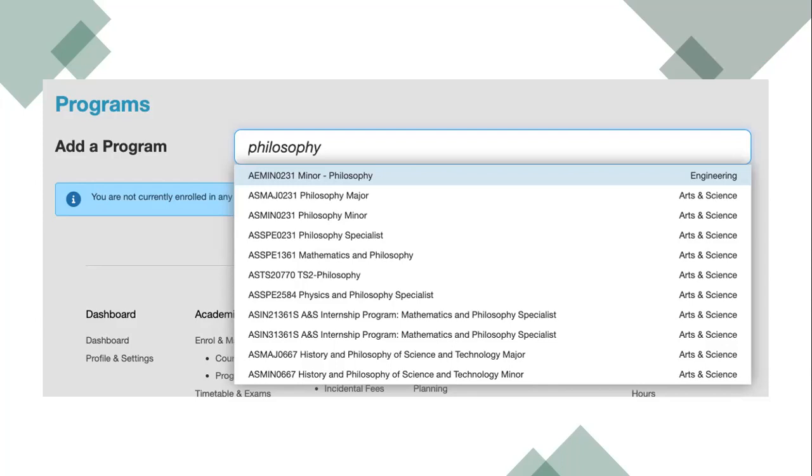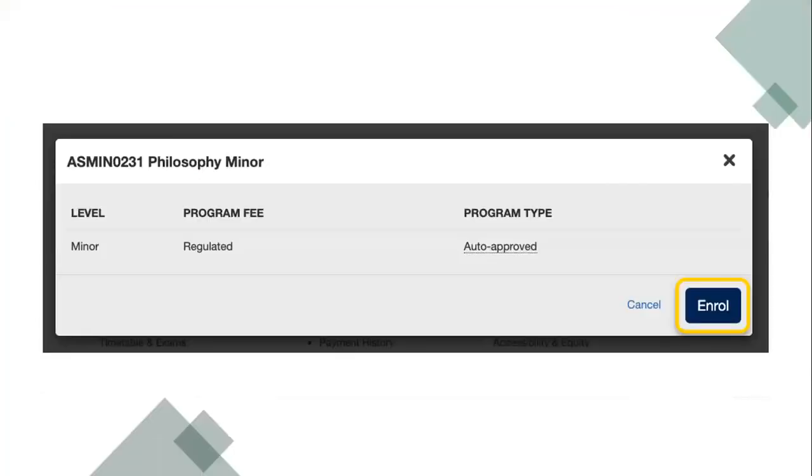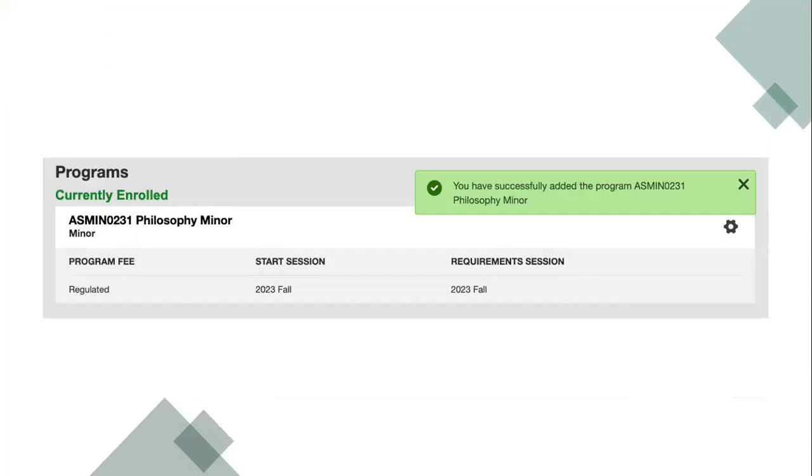So once you have the code, it will lead you directly to that specific program, which makes it even easier to select that. And lastly, if it's an open program or even limited, you'll click on the enroll. For the open programs, you'll see confirmation that you're currently enrolled. However, for the limited programs, you'll have to request and then wait for the check results period for you to determine if you've been admitted into the program or not.